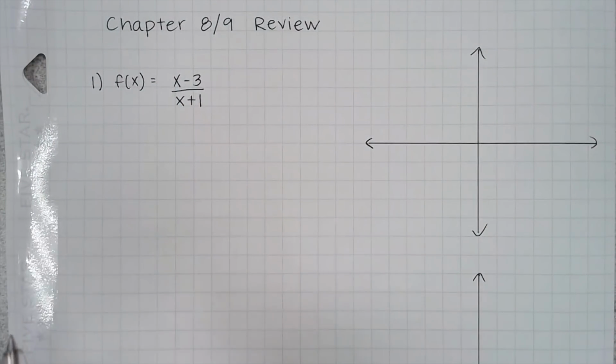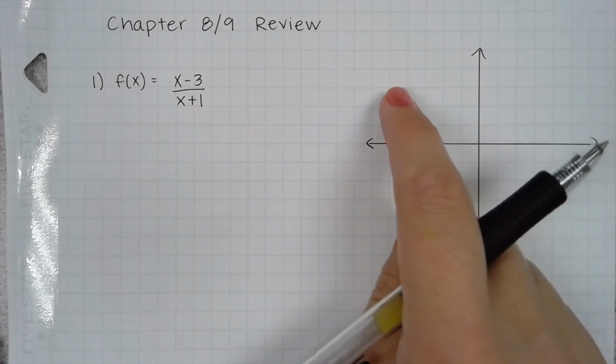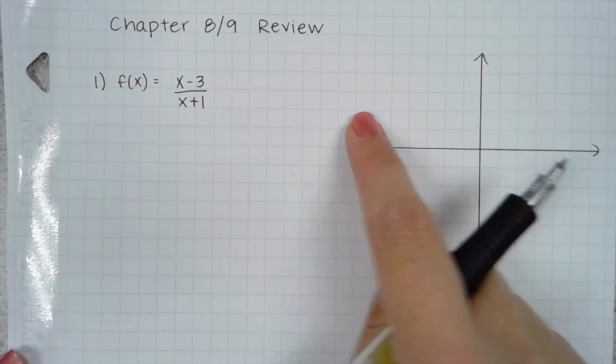Before I start graphing where the function is, I'm actually going to graph where the function is not. So I'm going to choose to start this graph by identifying the asymptotes, or the places where the graph does not cross over. Remember from your notes that asymptotes are usually indicated with a dashed line, whether they're horizontal or